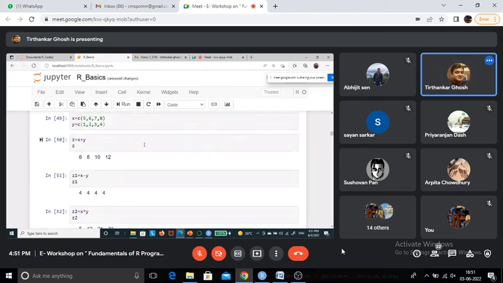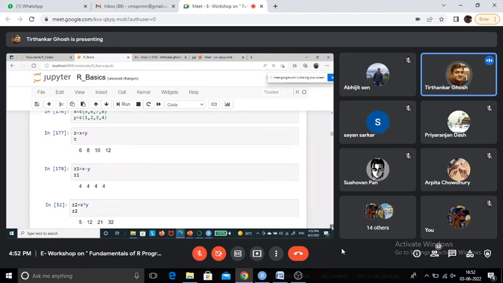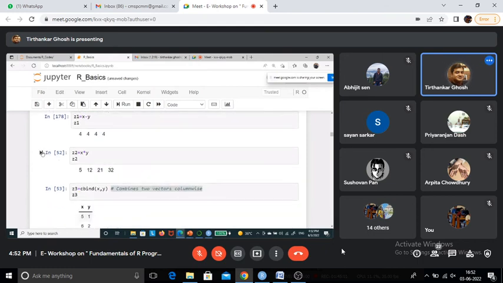And now operations with two vectors, so x and y are two vectors, adding those, z equal to x plus y, so component wise additions are happening. Then z1 is x minus y, and then z2 is x into y, it is the component wise multiplication.